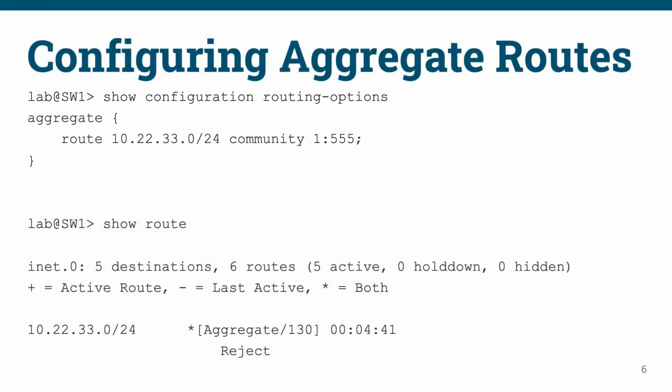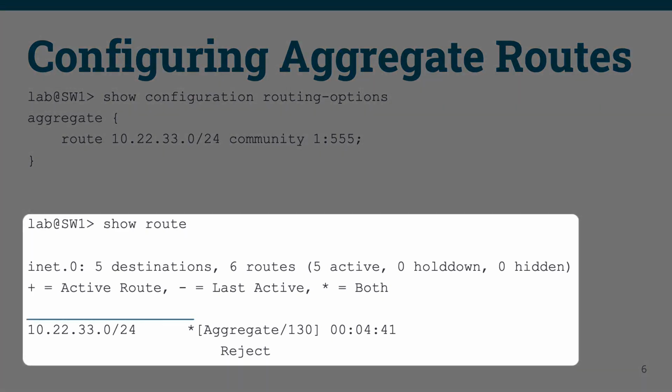We'll review communities further in the BGP section of this course. In the sample output below, we see the aggregate route in the routing table. The aggregate route has a next hop of reject. This means that if a more specific route with a valid next hop is not present, then the traffic will